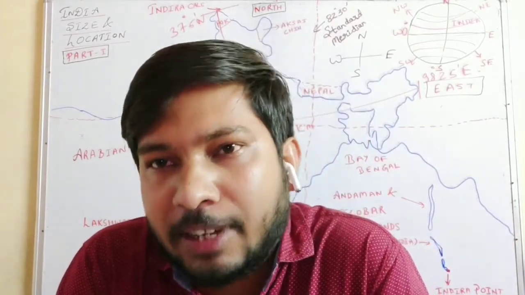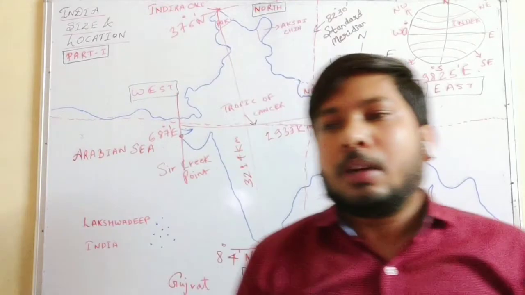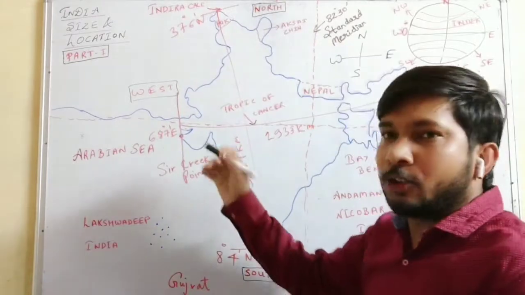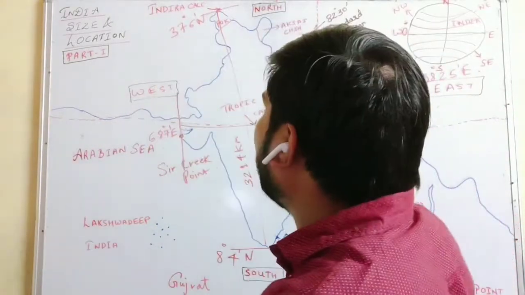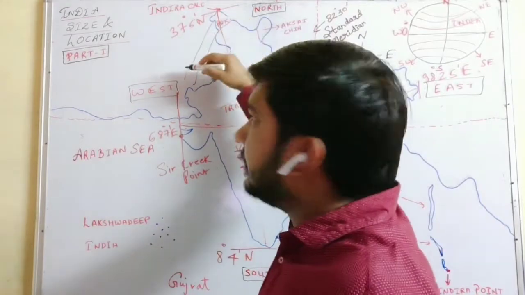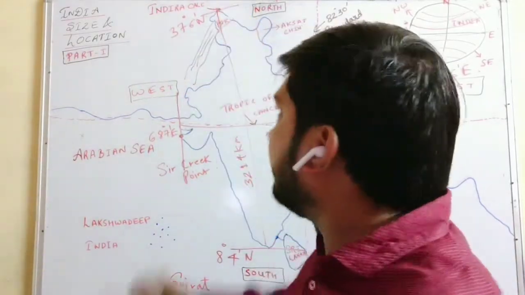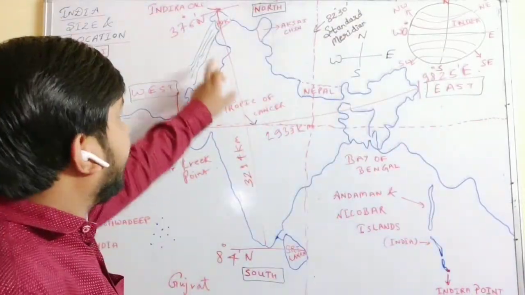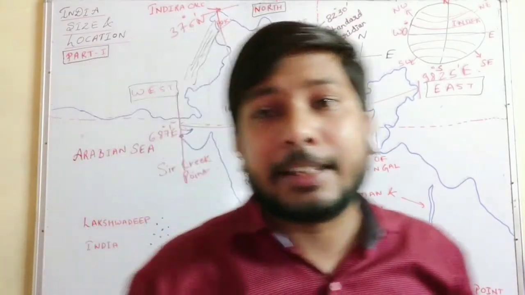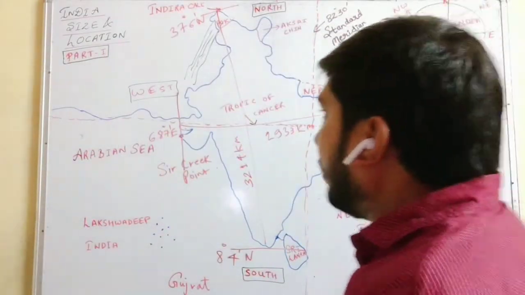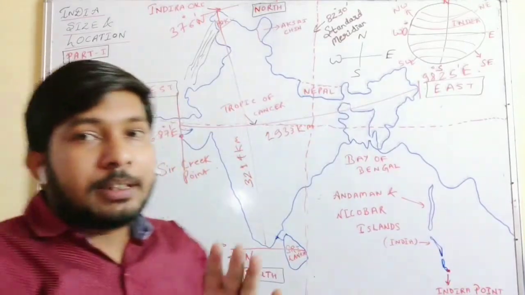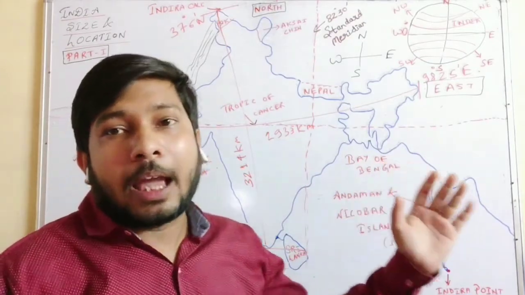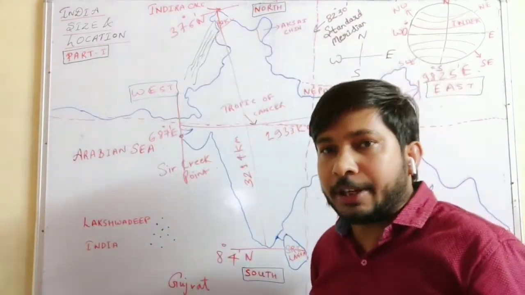Okay, first of all, I should tell you our India is known to be one of the oldest ancient civilizations. Got it? So, how did India get its name? It got its name from the Indus River, which used to pass through Sindh in ancient times, and was called the Indus River. From this Indus River, it got its name as India. Got it? Now, you should know in this chapter its size, location, extent, and about its trade.